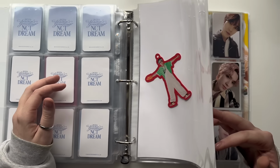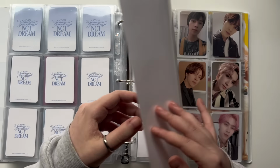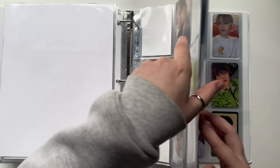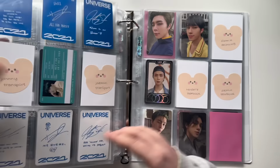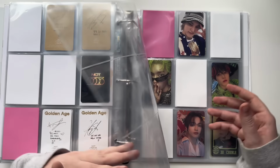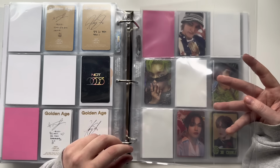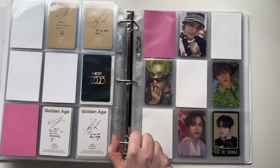Okay, and then that's all I have for normal album cards, I guess. The rest of the cards I have are just extra random cards. I need to work on Golden Age like hella, like stat. What page is this? What is this? Hello? Who's this? Who are you? Anyway,